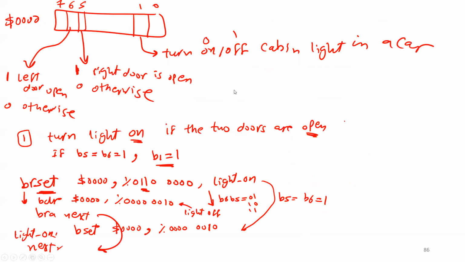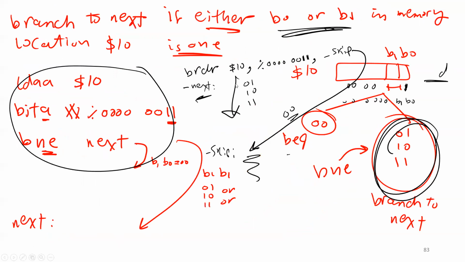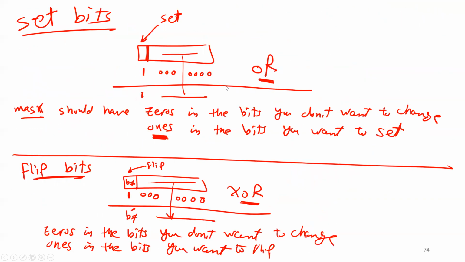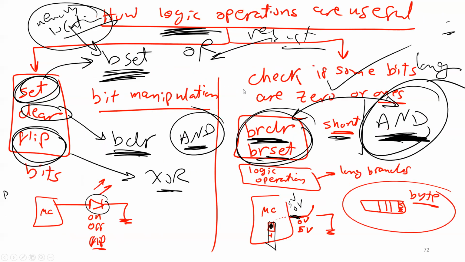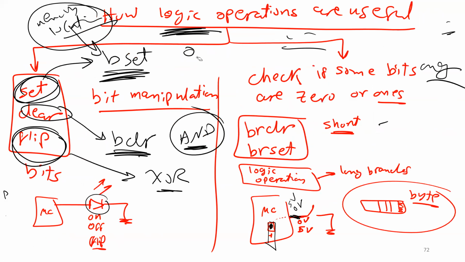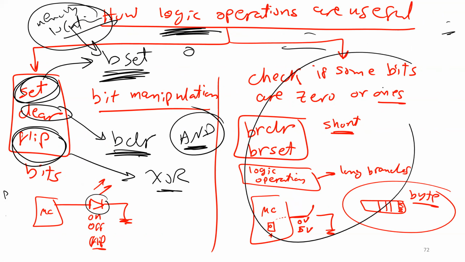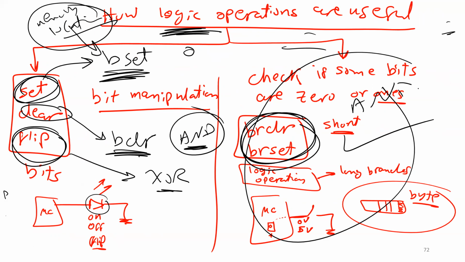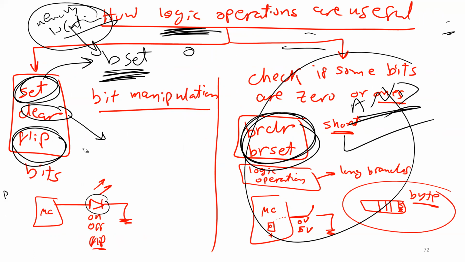Great. So now I am done with the first part. As I told you today, guys, we have 2 parts. One part is how can you check some bits. I am done with this part. I already explained the 2 approaches: how can you use branch if clear, branch if set, and how can you use logic AND. Is that okay? Now I want to move to the second part. How can you do